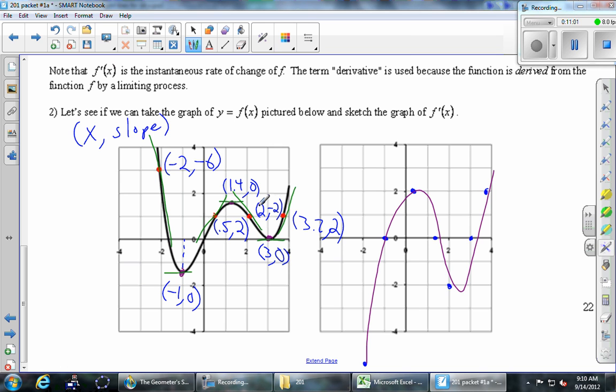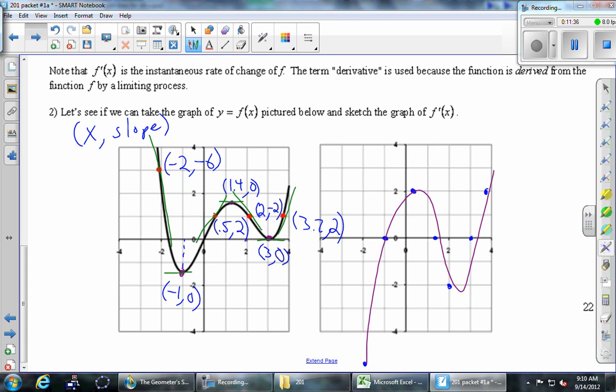And I just want to highlight, first of all, I missed some of the points, but it's perfectly okay for your derivative function to go lower than the point that you plotted. We didn't necessarily grab the highest points or the lowest points on the derivative function. We just grabbed some kind of random points. So again, there's lots of range for acceptable answers to this question, but essentially I'm looking for something that goes up and then down and then up and hits those 3 spots on the x-axis. And how high it gets or how low it gets, we really don't know. We're just estimating. Questions on this one?